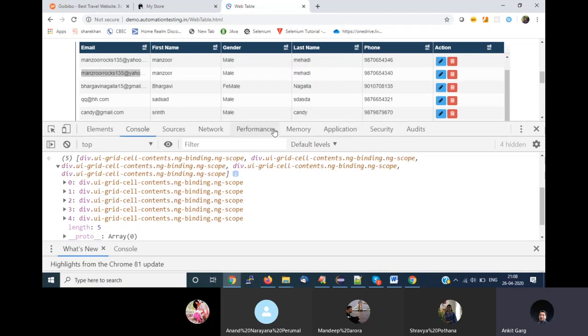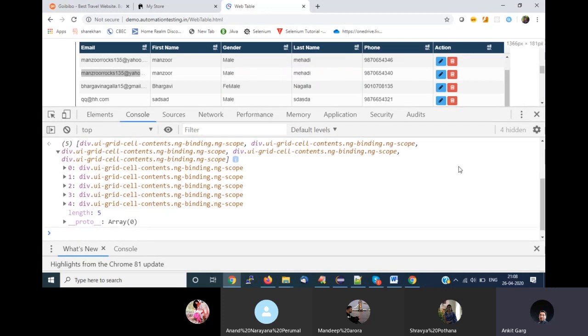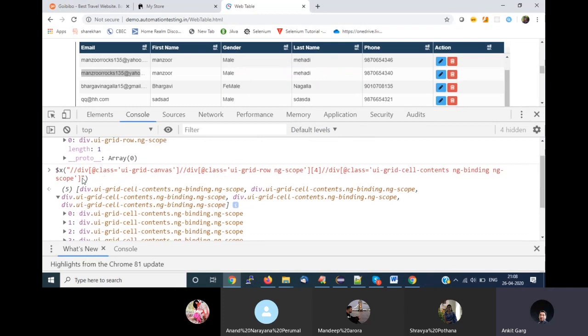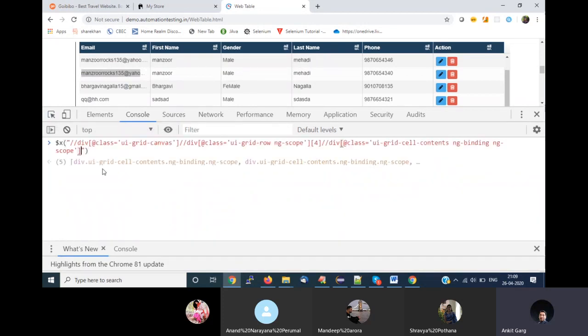So how am I finding my web element? This is my web table. This is my rows. From rows I am only fetching my fourth row, and from the fourth row I am fetching all the columns. It is giving me a count of 5. Now let's say from columns I am interested in any particular column.